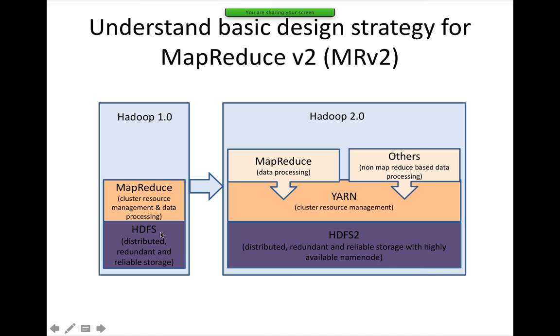So in Hadoop 1, we have only HDFS with name node and secondary name node. You don't have transparent failover or high availability when we compare HDFS with HDFS2. Whereas in HDFS2, we have high availability, and we have HDFS federation, which not only provides failover, but can also provide something called load balancing.